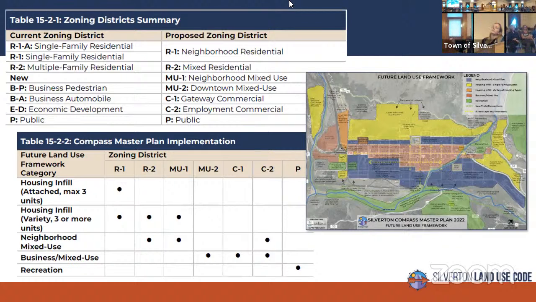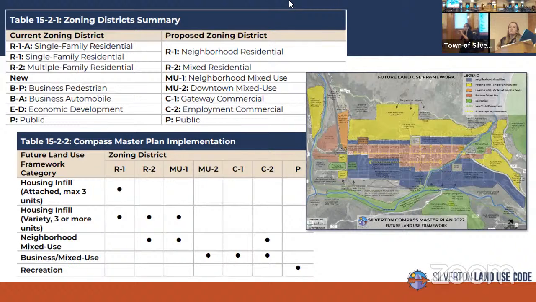What I just want to say about this map is it was intended to give the community a chance to visualize what they might want to see in certain areas, but it doesn't necessarily conform to the practicality of rezoning certain areas, or what's actually in our town boundaries.